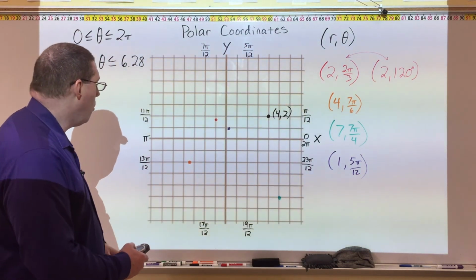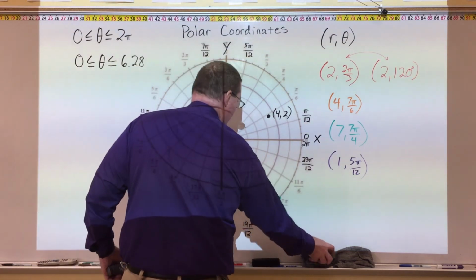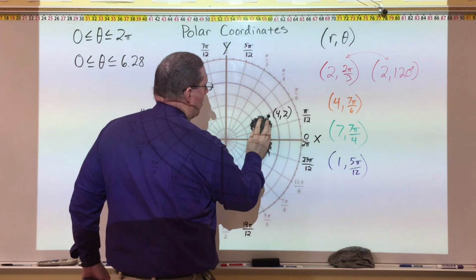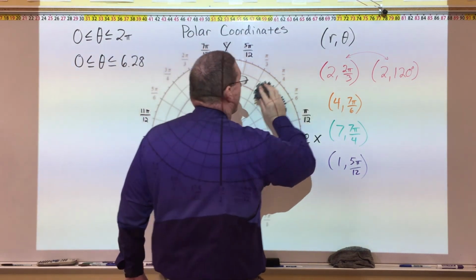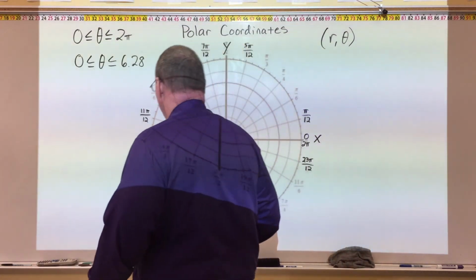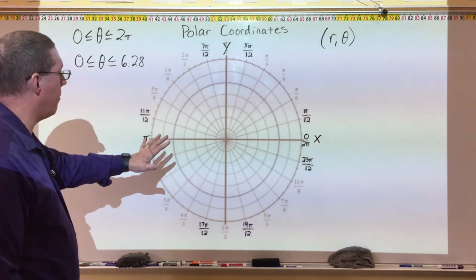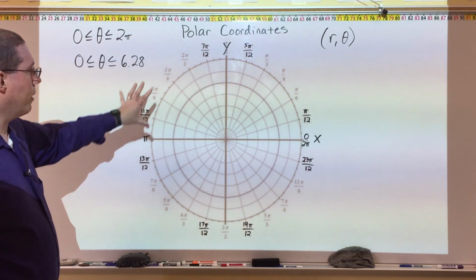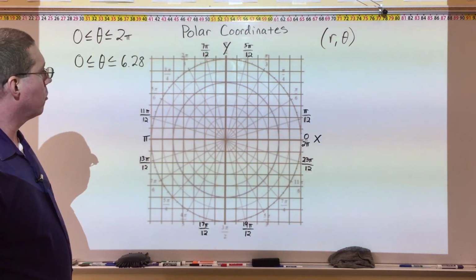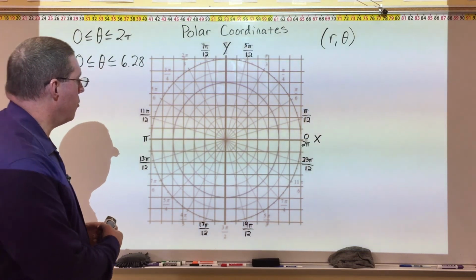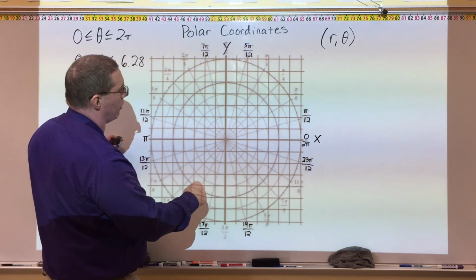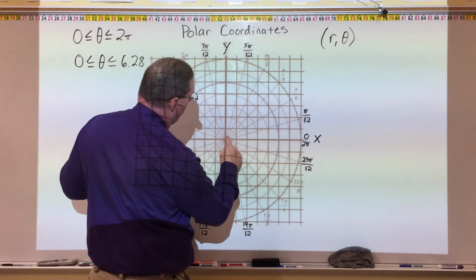Okay, and so one way to help you understand that, and I'm going to go ahead and erase these points. I'm going to leave the 4, 2, we'll come back to it. Let me erase it. It's just going to be harder to see if I don't erase it. Okay. What I want to do here is I actually want to put both of them on top of each other. I want to show you one more picture where we have the polar plane here and the rectangular coordinate plane. Okay. And so you can see that we still have the x-axis and the y-axis, but with both of them on top of each other,